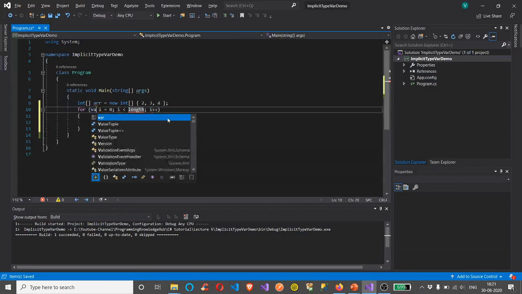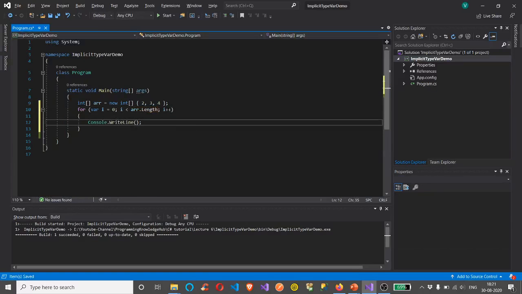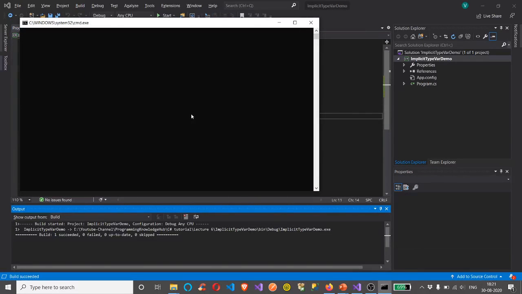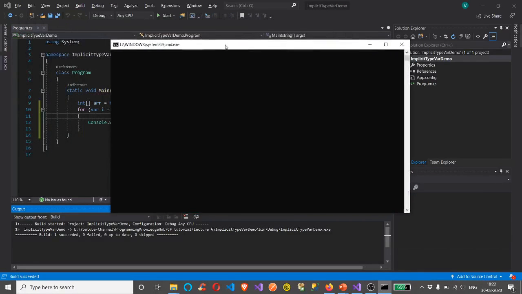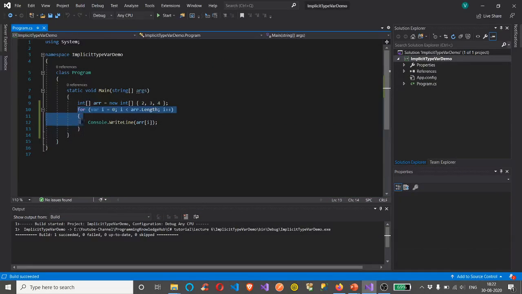Instead of int, let's use the var data type, and let's print the values of the array onto the console. Let's run the program using Ctrl+F5. It will print the values in the array: 2, 3, 4.